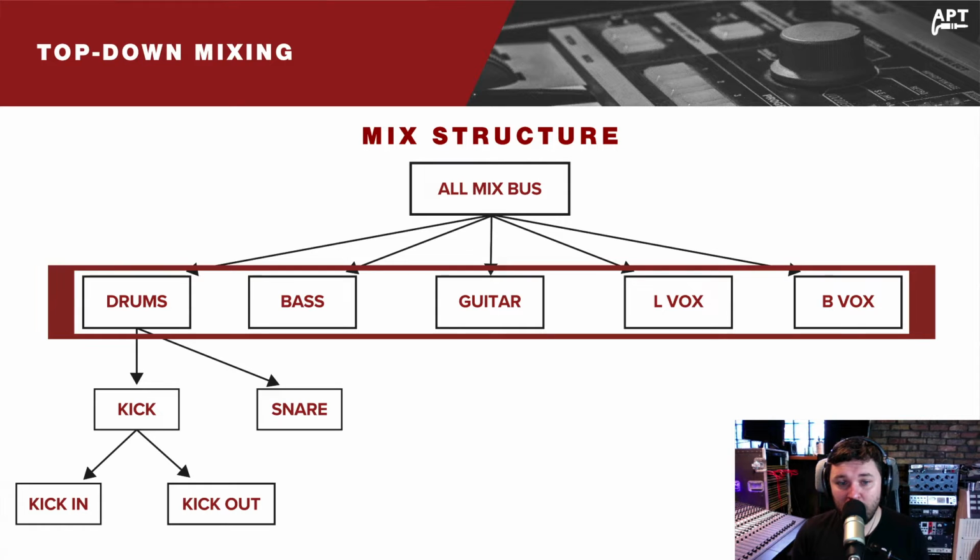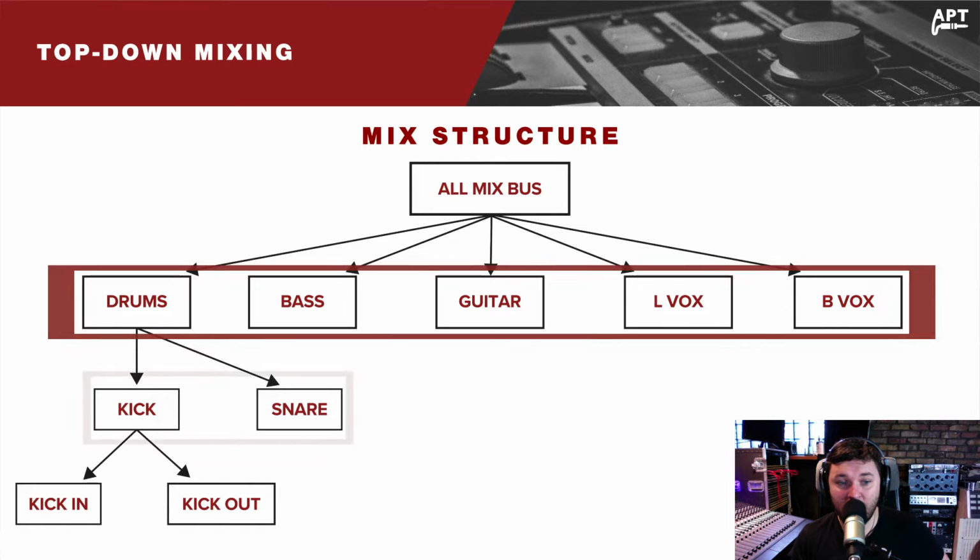And then from there, it splits out into a number of subgroups. Some people like to do this in more abstract ways, but a lot of people like to separate these into the different instrument groups. So this is a very simple example. You obviously might have some synths and some effects and horns, strings, any sort of instrument group, but as a basic rock track you might have drums, bass, guitar, lead vocal, backing vocal,